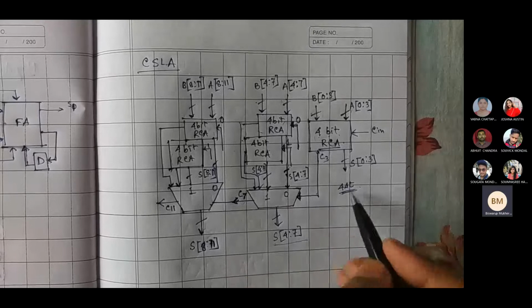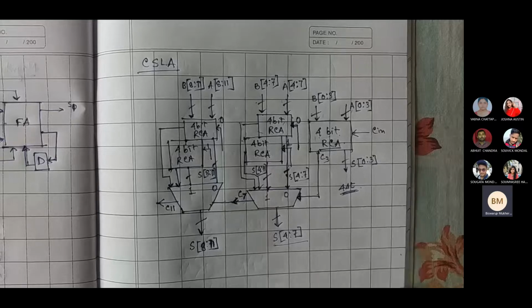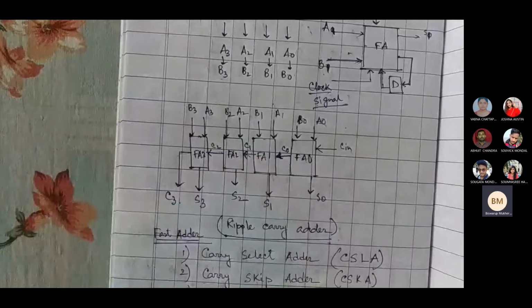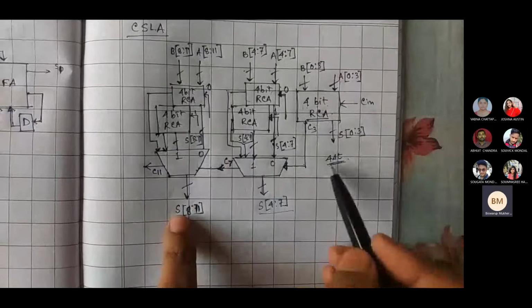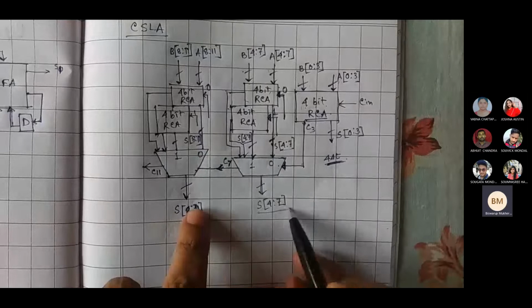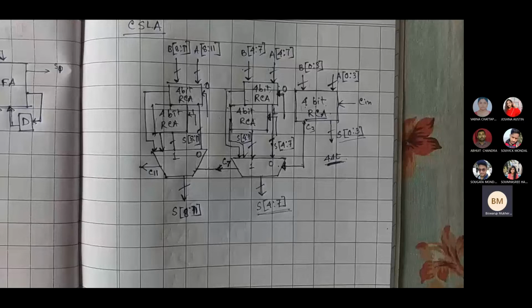C7 you are getting already after 4 delta t time. Whereas if you require a simple RCA adder, then how much time will it take? 8 delta t time, because the carry continuously propagates like this. So you would need 8 delta t time to get C7. But here we can get the output right after 4 delta t. Whenever C3 is generated, directly you get C7 as well as all these sum values, that means S0 to 3 and S4 to 7.